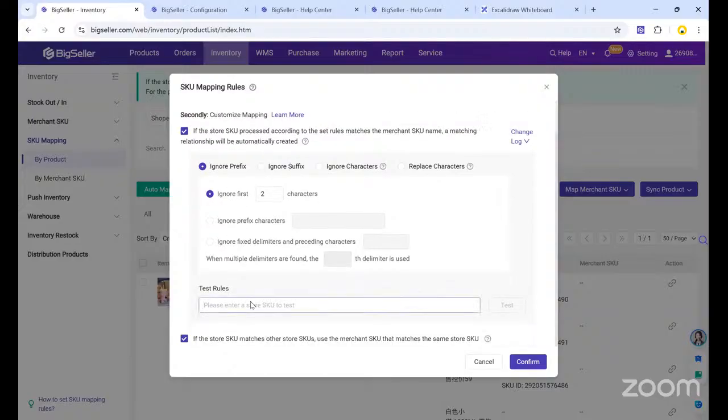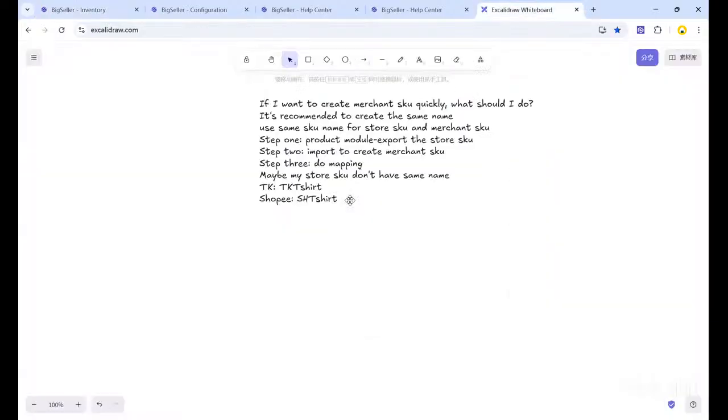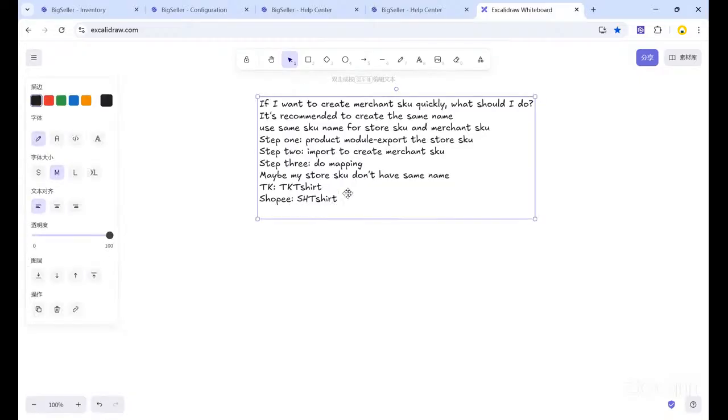For example, for the TK t-shirt, after these rules, our system will automatically map the store SKU t-shirt with the merchant SKU t-shirt. And also for the Shopee one, it's also the t-shirt. With these rules, although these two store SKU don't have the same name, they can be mapped with the